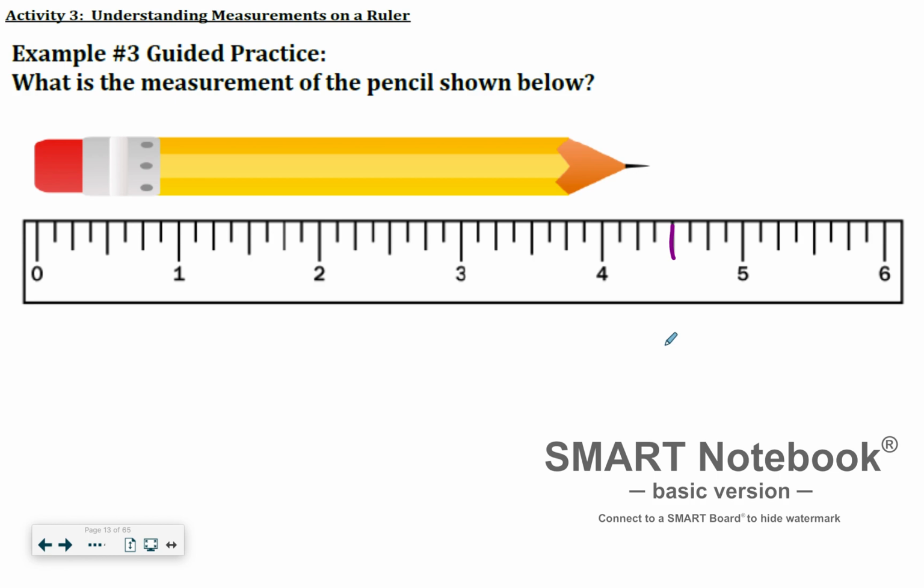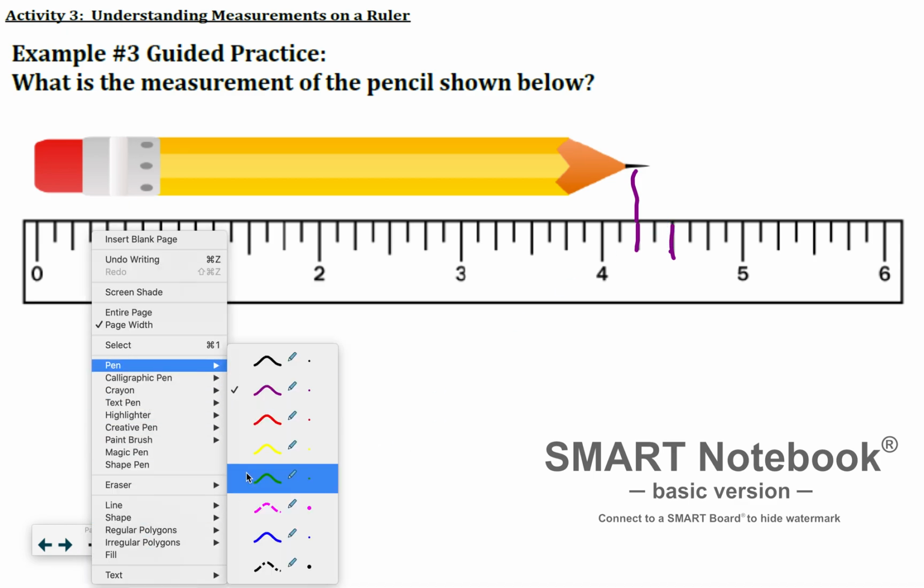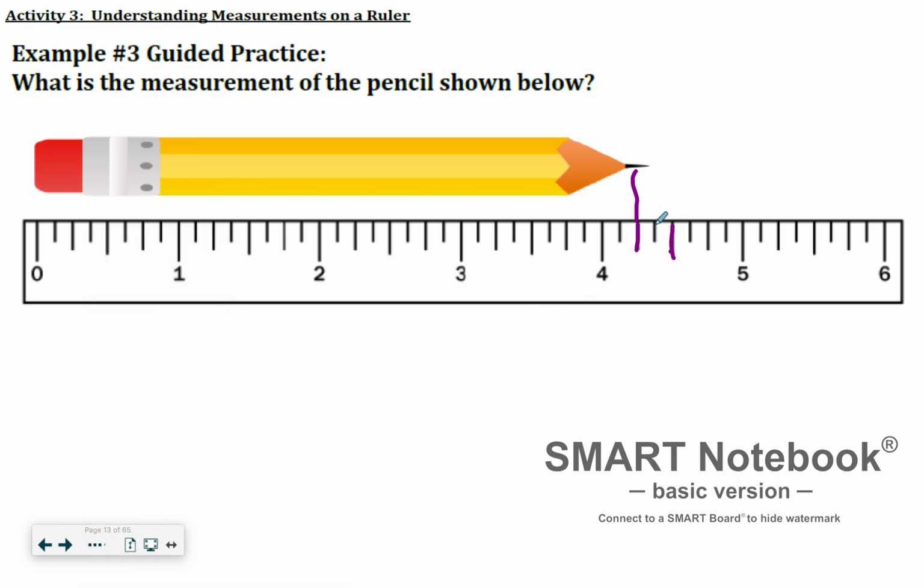Now, let's find the tick marks for the quarters. Does it match up with 4.25? No, it looks a little bigger than that. Okay, so it didn't line up with our halfway mark or our quarter mark. So it must line up with that mark in between. It looks like it matches perfectly with this line, which is 1/8. So if this is 4 1/8, 4 2/8,